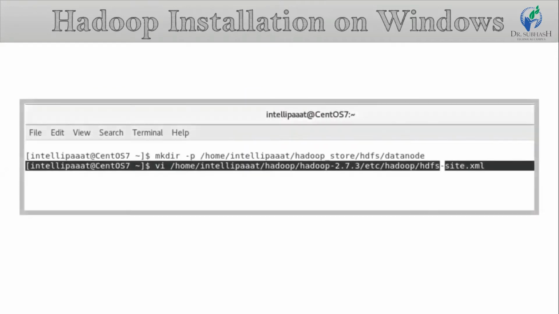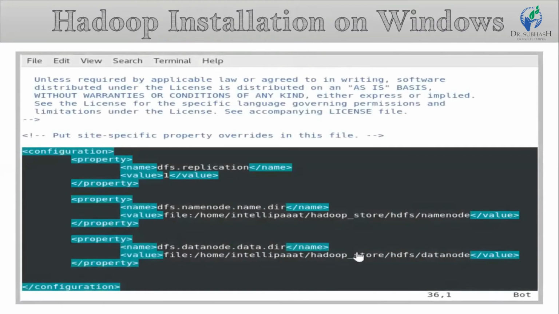Now, to configure hdfs-site.xml, use the highlighted command. Then enter the highlighted command between the configuration tag. Next, exit using escape and write the command wq. That's all about the configurations.